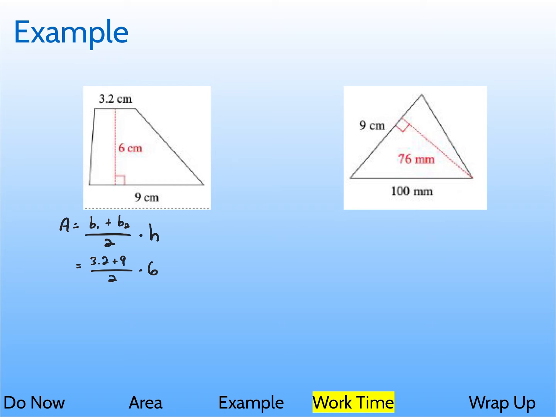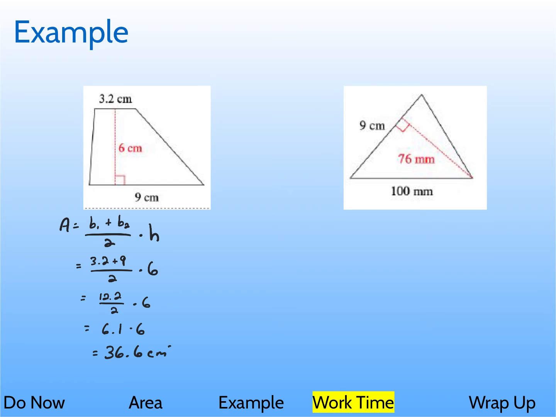And then we just have to start simplifying things. So what we get here is 12.2 when you add those, divided by 2 times 6. And with that, we get 6.1 times 6. So for 6.1 times 6, we get